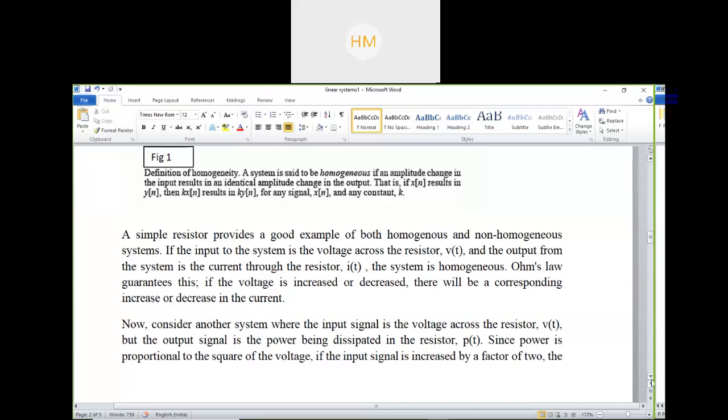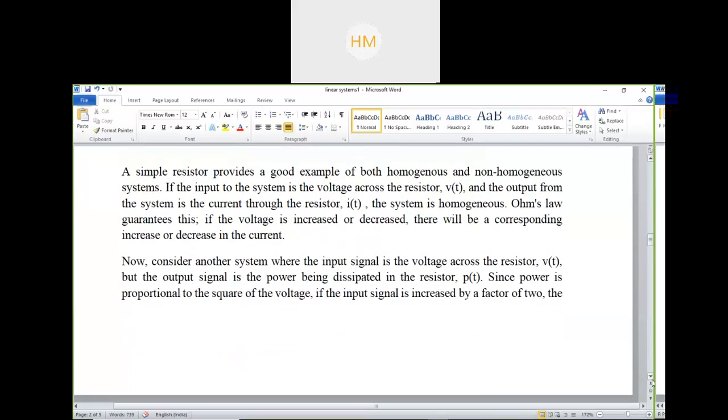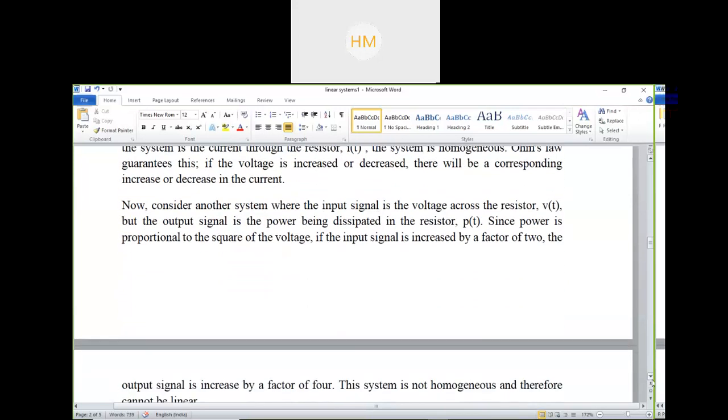Now again we will consider a system where the input signal is the voltage across the resistor, v of t, but the output signal is the power. Here we are considering the output as power. P equals I square R, or V square by R, the power being dissipated in the resistor, p of t. Since power is proportional to the square of the voltage, if the input signal is increased by a factor of 2,